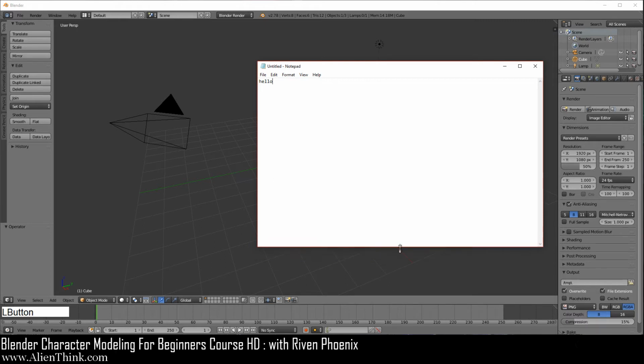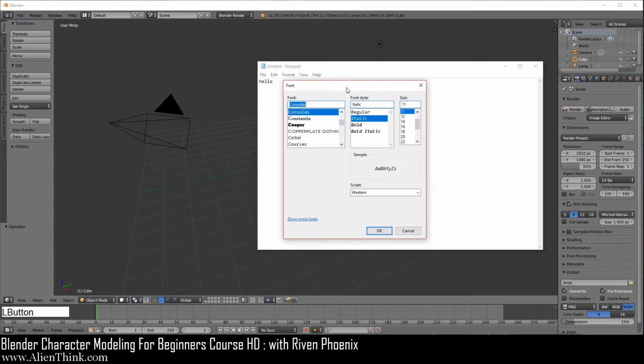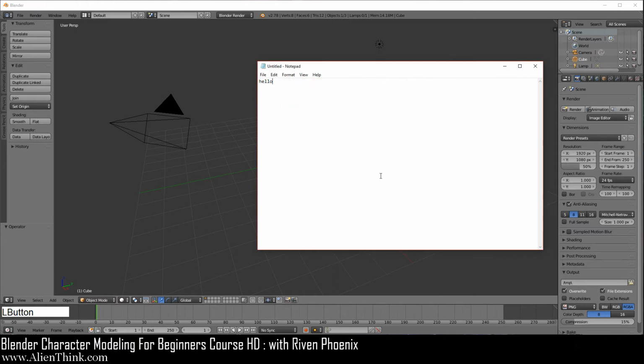Okay, and you'll also notice that your typical application has a menu bar on top, right? You can click on these menu items, and in order to get to features in this application, I would have to go under Format, let's say under Font. I'm going to get this modal dialog box, and here I can select all these different features and then click OK. Okay. Now notice that when I click over here, I can't do anything until I exit this. Either I have to click on this and cancel. So that's what a modal type dialog box is. Okay.